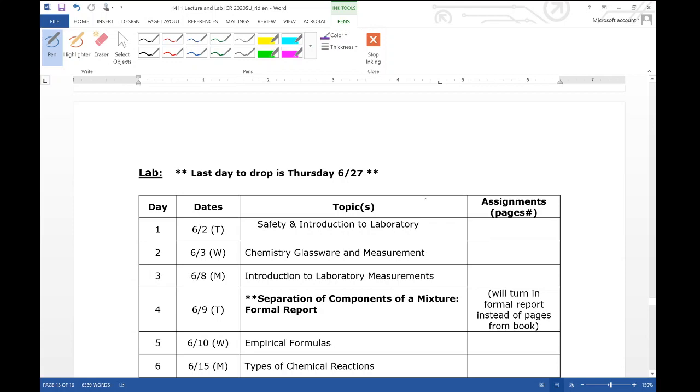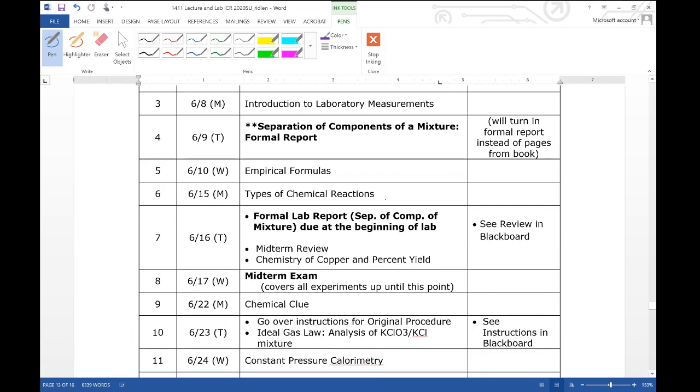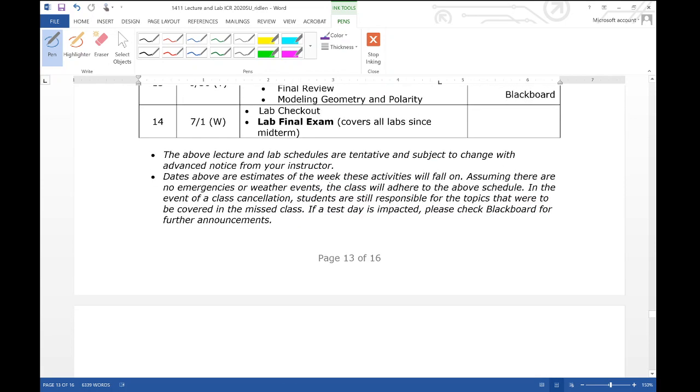Just so you know, those due dates are the same for all of the 1411 class, not just my classes. The only difference is that for you guys, since you are technically scheduled for a night class, I extended those dates to the PM instead of the AM. They were set to about 8 a.m. for the other classes, but I pushed them to the PM for you, since you are signed up for a night class. I understand some of your schedules may be impacted by that.